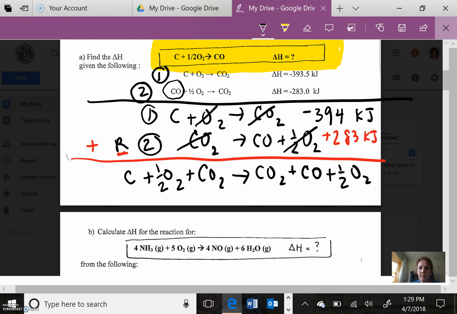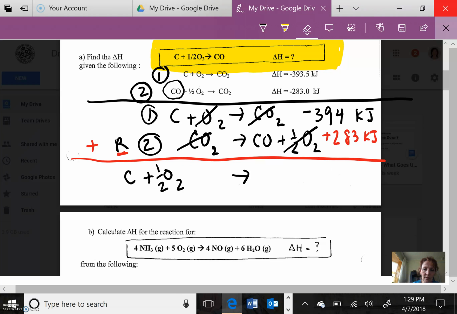And now I'm going to use my erasing tool, and I'm going to erase, let's see, what did I cancel out? 1 mole of CO2 and 1 mole of CO2 over here. And here, tell you what, I'm going to redo this so that it looks nicer. Okay, so once I've simplified, I end up with a half of O2 and carbon, and I produce carbon monoxide. So I've just